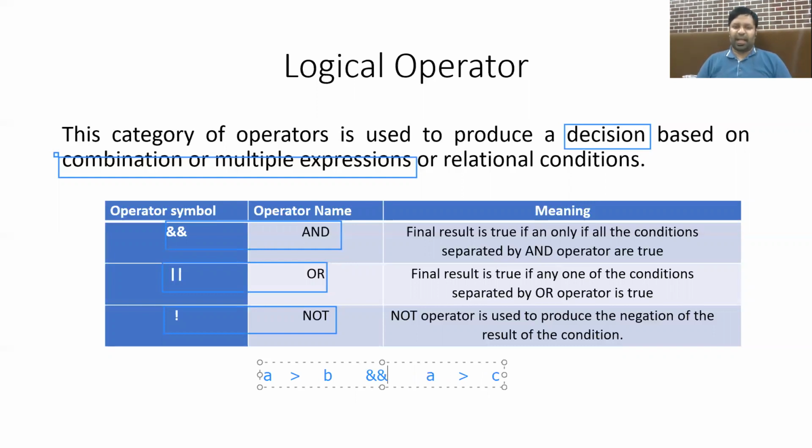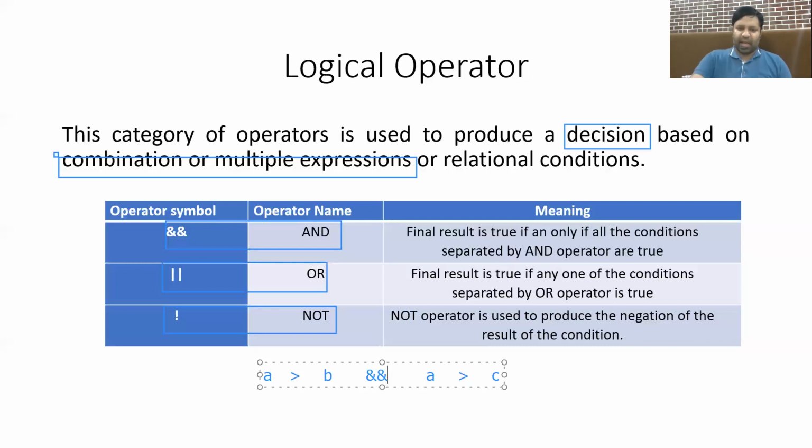Now what is the use of the AND logical operator? The AND logical operator returns 1 if all the expressions are true. And if any one expression is false, the answer is false. So in this case, if the value of A is 10, the value of B is 9, and the value of C is 8, then A is greater than B and A is also greater than C, which means the answer is true. Now what if there are 2 expressions, A is greater than B and A is greater than